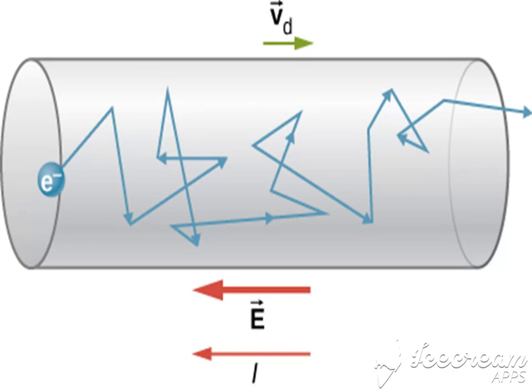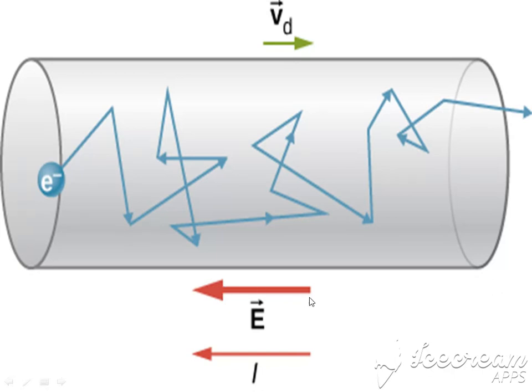But when they are not connected to an external electric field, they all move in random directions. When they are connected, they all move in the same direction. They move from the negative terminal to the positive terminal of the battery. They don't follow a straight path. They follow a zigzag path as shown in the figure.